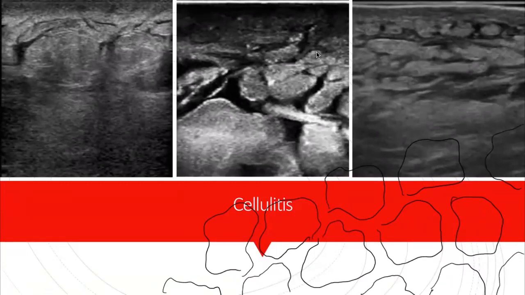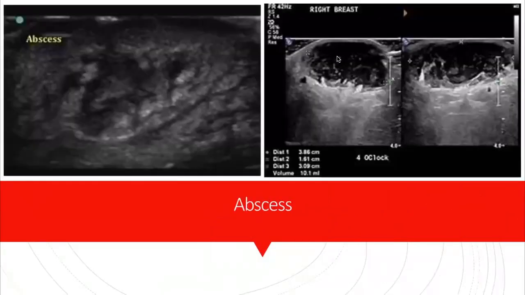It's treated with medication. Now, if you had a big pocket of fluid, we would no longer call it cellulitis. We would call it an abscess. So an abscess is a big pocket of fluid, and in an abscess, you typically can put a needle into it and aspirate it, which is what he was referencing at the end of the paragraph there. So this is what an abscess looks like. It's a larger